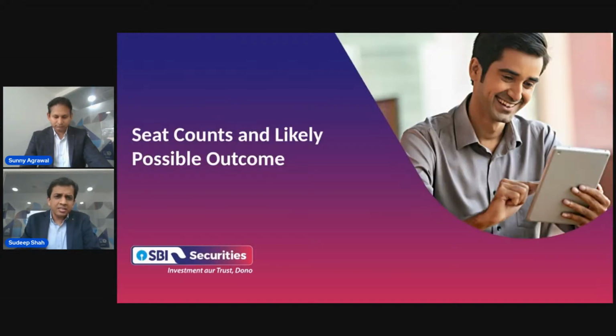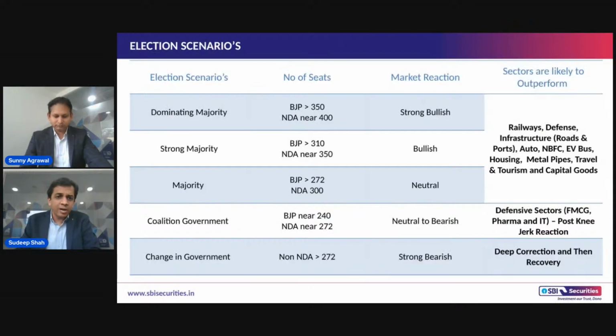अब थोड़ा सीट काउंट्स, क्या क्या आउटकम हो सकता है उसके बारे में एक बार हम ये देखते हैं। अगर बीजेपी की सीट्स 350 के ऊपर आती हैं जो रूलिंग करंट गवर्नमेंट है, और एनडीए नियर 400, तो मार्केट का रिएक्शन would be a big thumbs up। स्ट्रॉन्ग मेजॉरिटी आई बीजेपी की, एनडीए also around 350, then also it will be completely bullish। So it will be kind of bullish to strong bullish। Majority आई NDA near 300, it would be kind of a neutral event।